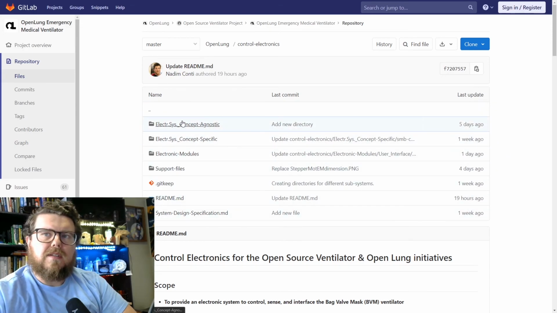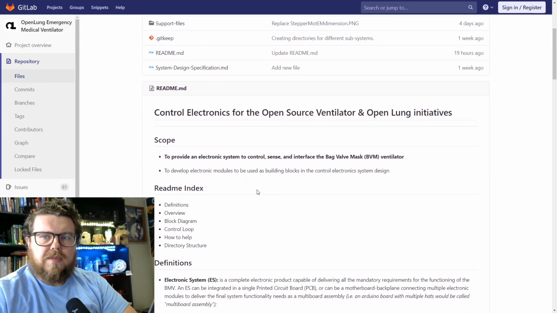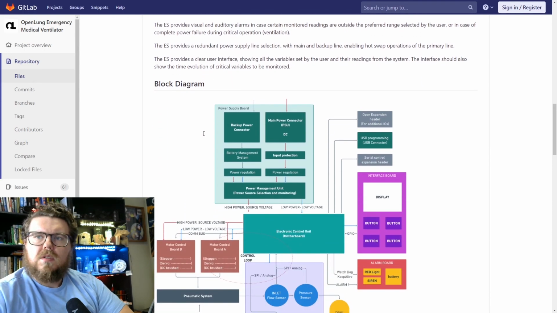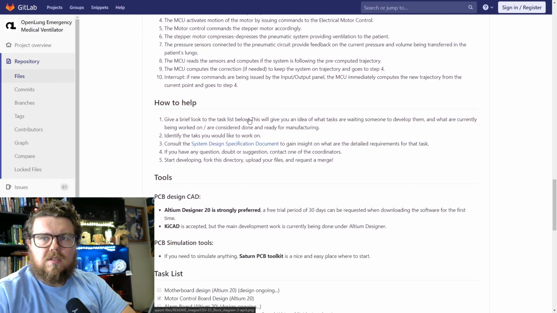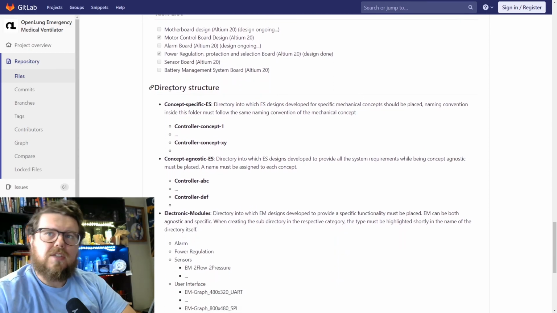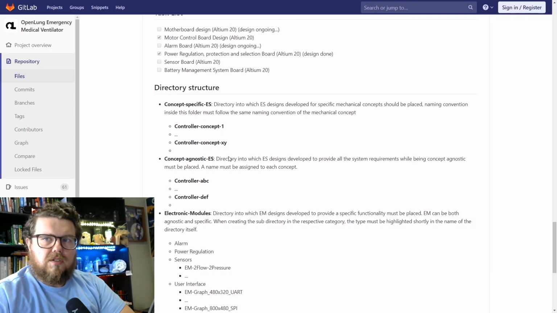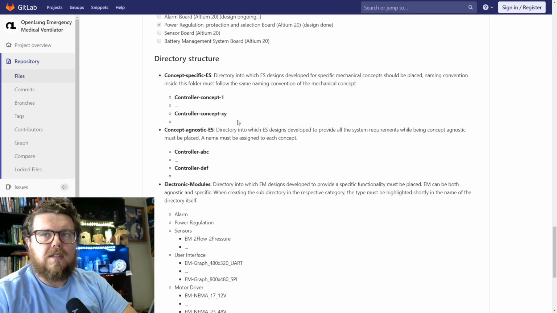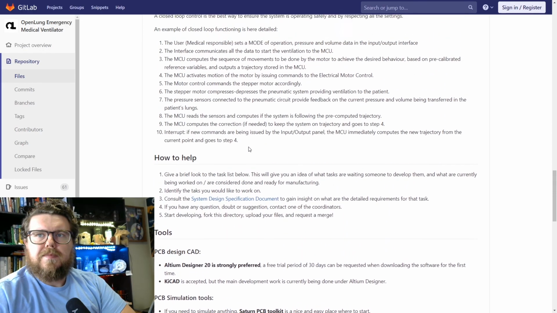We can see the different directories within this main directory, and a README on how to use this folder, some common definitions, and how the overall control electronics work. It also lists some recommended tools you can use to interact with the files shared here, and the general directory structure, with instructions on how to view the files and how to store the files within this directory. If we go back up,